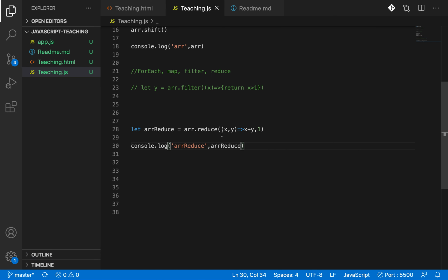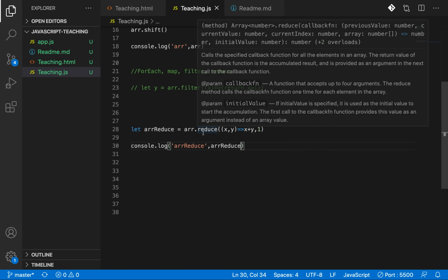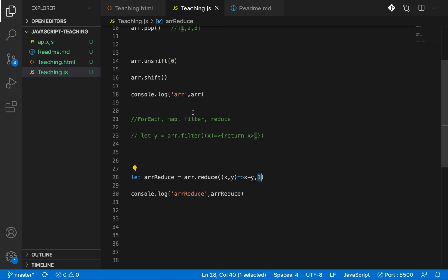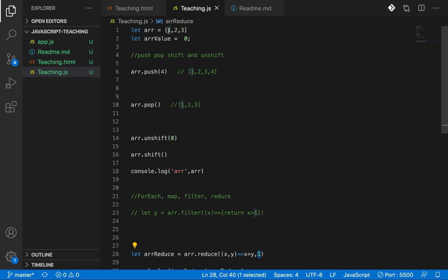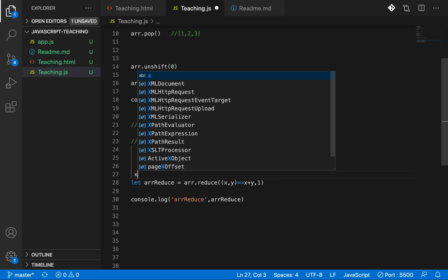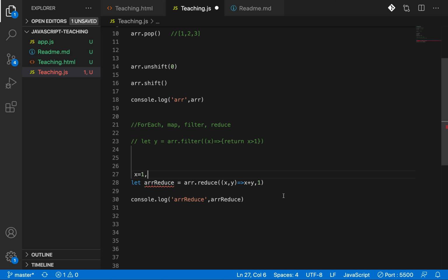As I said, reduce takes two arguments. The first argument is a function, the second argument is a value which is passed in as the initial y. Let's say x comma y. The first element is 1, so x equals 1, and y is the one you passed as the second argument, which is 1.